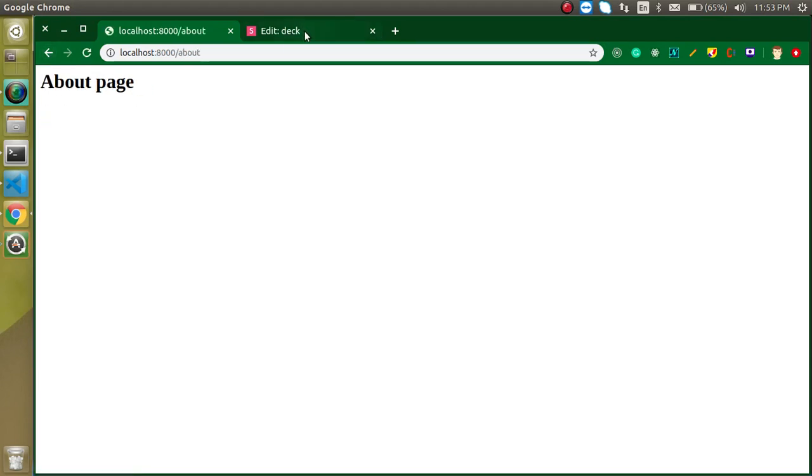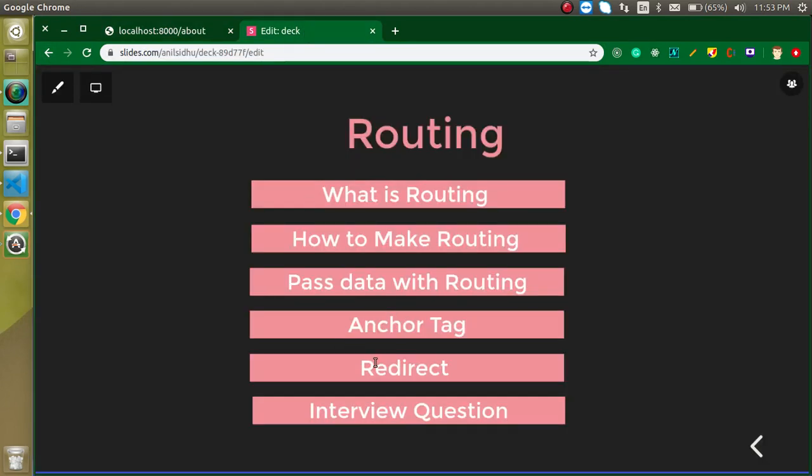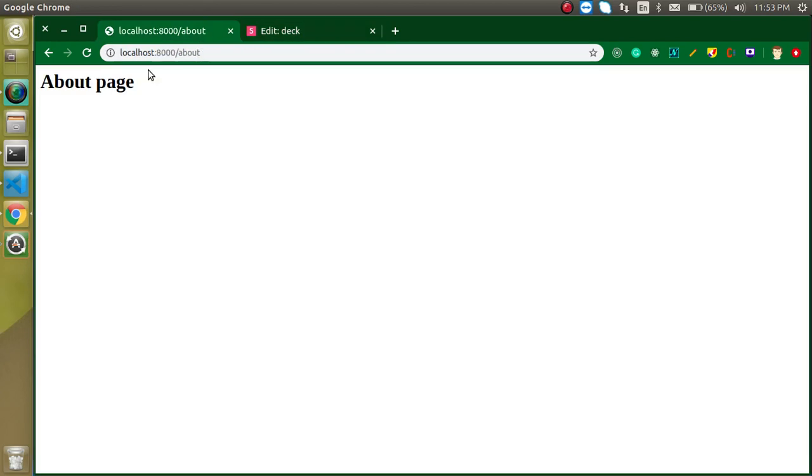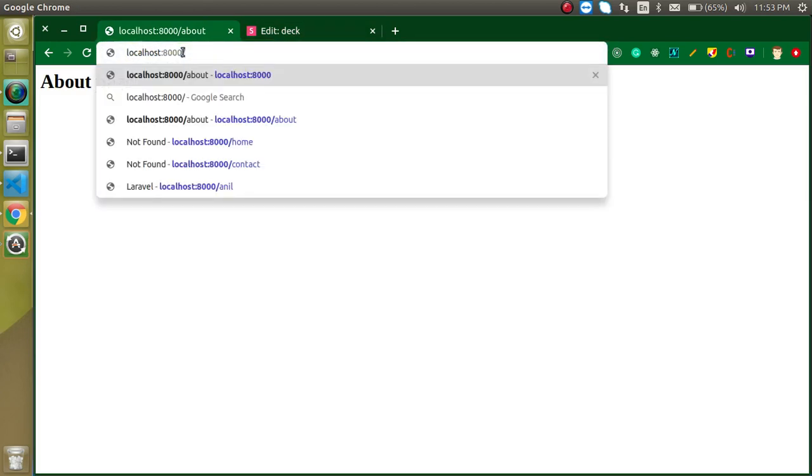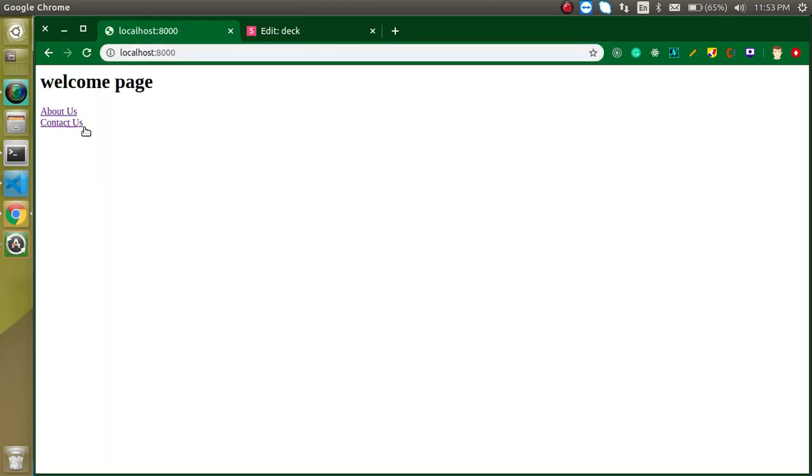So at the last, we just learned everything. So last thing, and then I will ask you the interview question. Redirection. Sometimes you don't want to show some specific page and you want to redirect to another page. For example, you don't want to show the welcome page, you just want to redirect the user directly to the about us page. Then how can you do it?